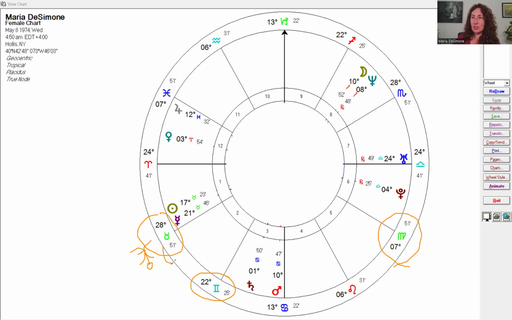Uranus going into the second house, traditional delineation would be sudden change with earnings, how I make money, how I use my talents and abilities. That sudden reversal or change could be positive, could be difficult. We don't know because we're not looking at what else Uranus by transit is attaching to in the birth chart. All we know is that Uranus is ready to shake up my second house. And around June 4th, when this ingress happened, the noise was being made. But what happened? What kind of noise?